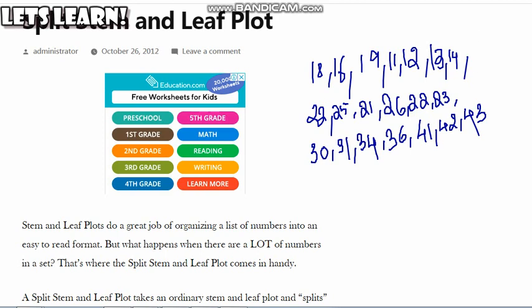Let's suppose we have this group of numbers, and if you want to draw a stem and leaf diagram like this,